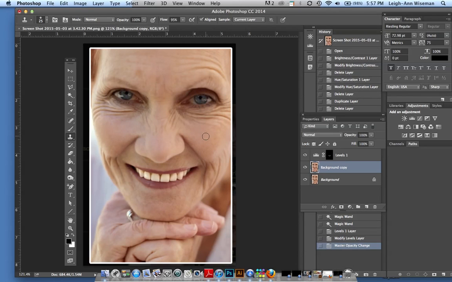So holding down the Alt key, you can click on any part of this image. Let's say I wanted to get rid of these wrinkles right here. So if I held the Alt key down and I clicked and I let go, what I just clicked on, when I move it, it's going to, if you notice, when I put my mouse down, I'm using actually